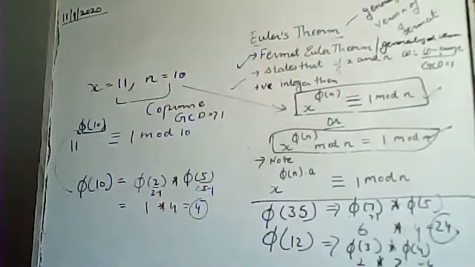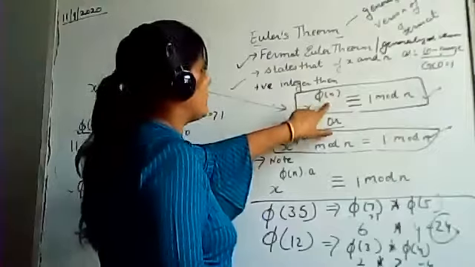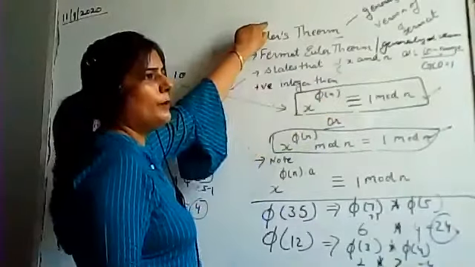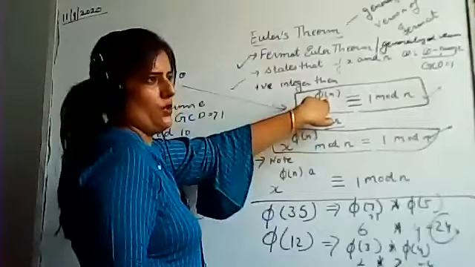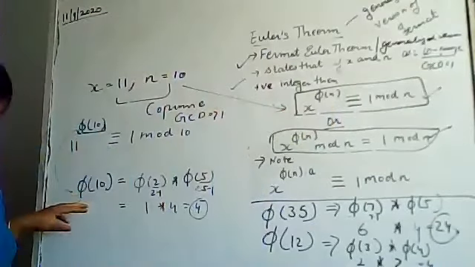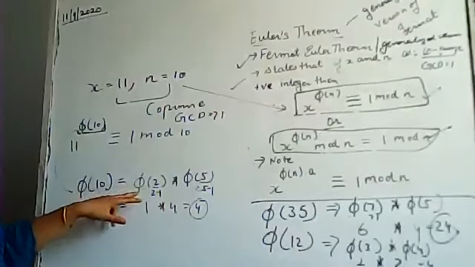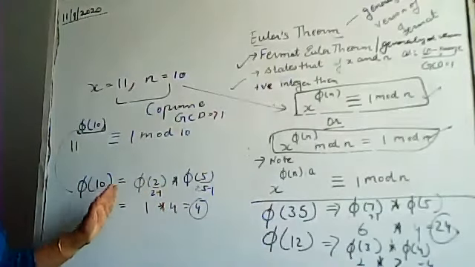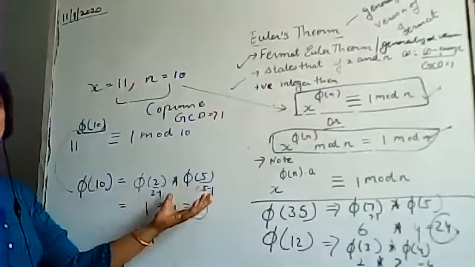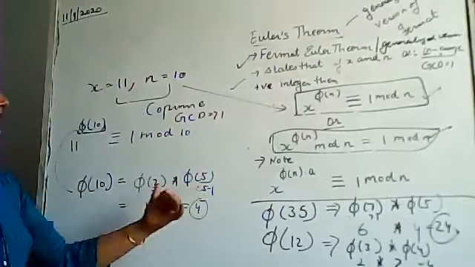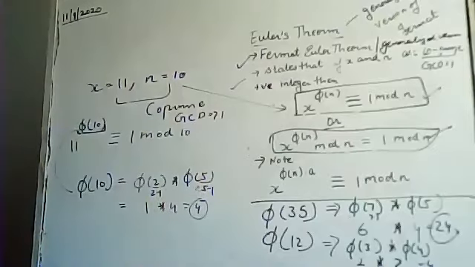Clear? So I hope now you have understood why we have studied the Euler totient function, because we need to use that function in this equation, that is, in this Euler theorem. So that's why we require the Euler totient function here. Clear? So we have 10, 2, 5. We can solve this value by getting the multiples of this number, like 2, 5. Both these numbers are prime, so we can directly give this value, that is 2, 4.